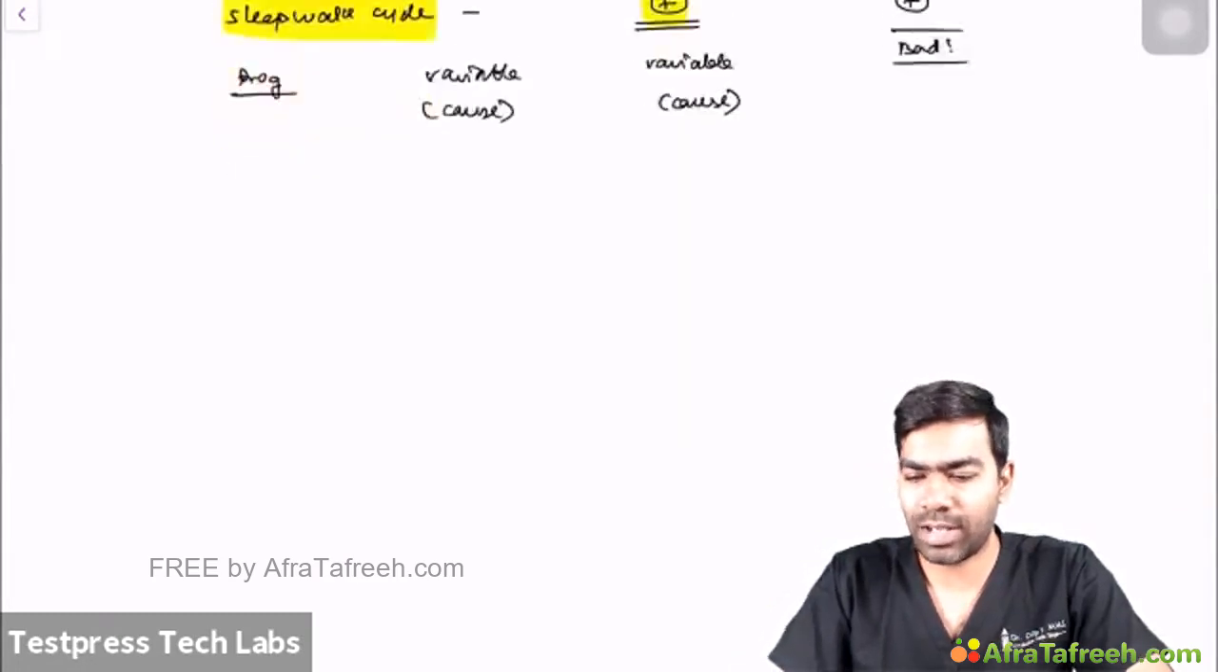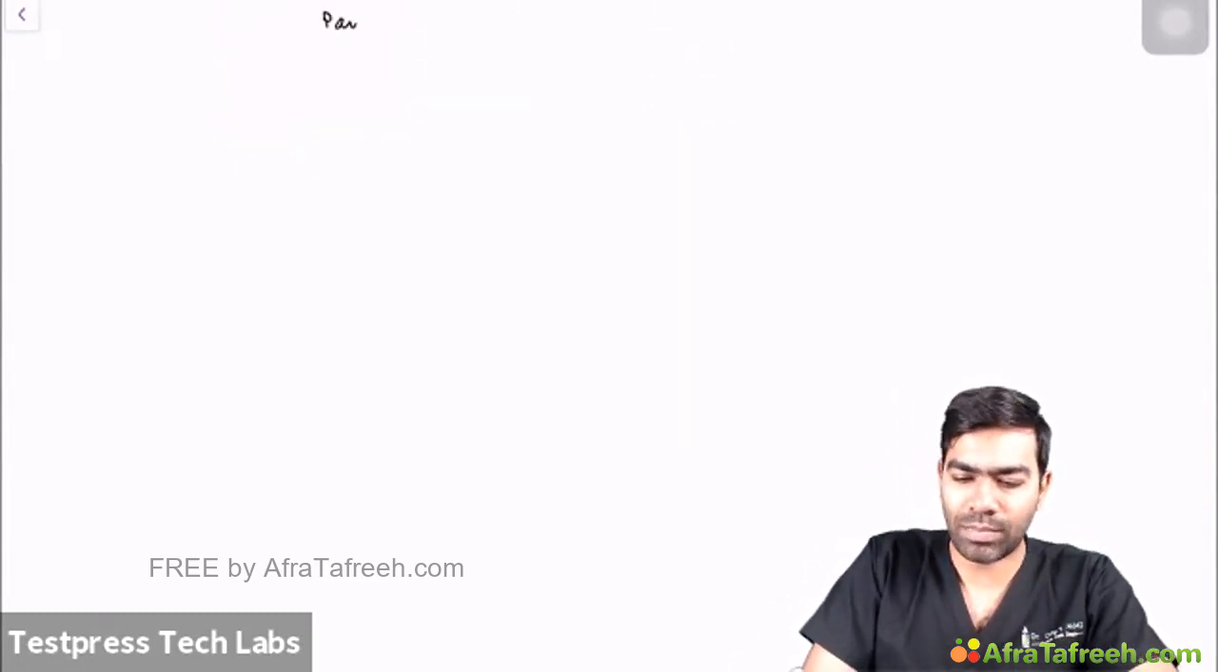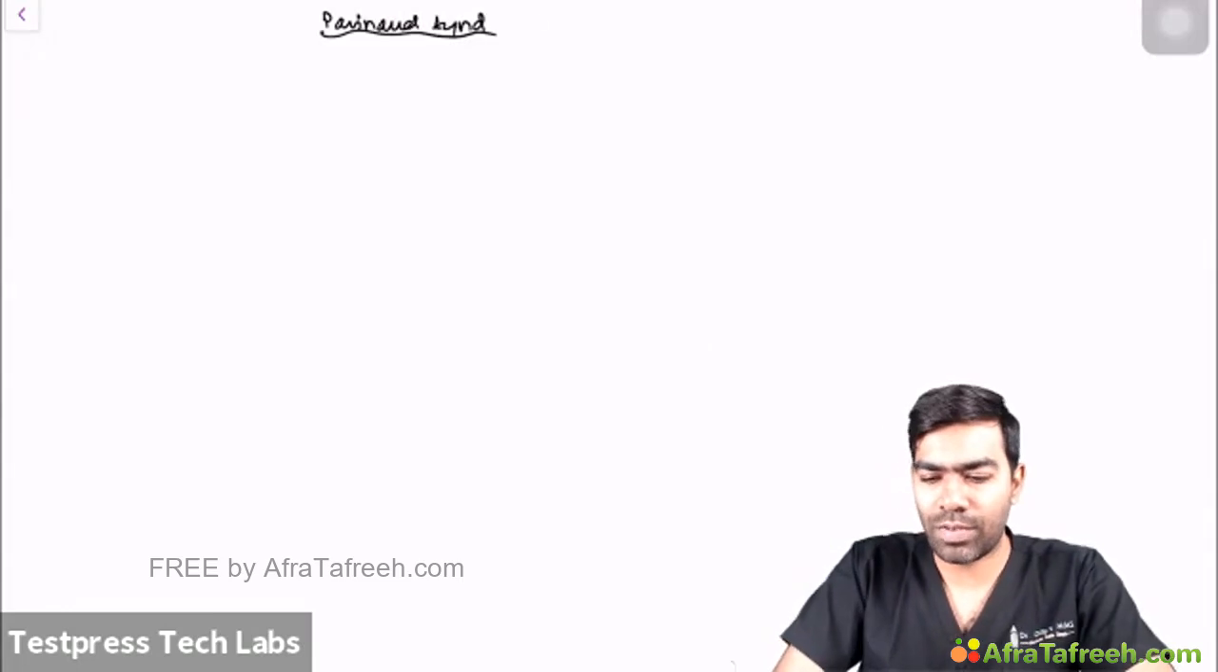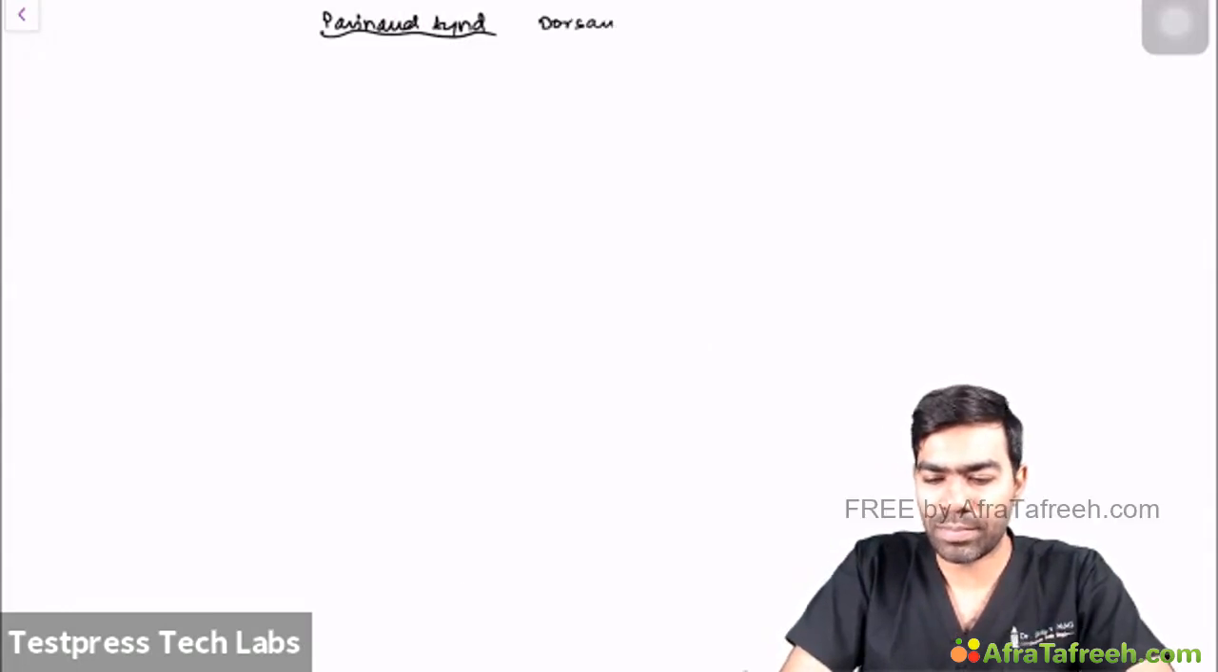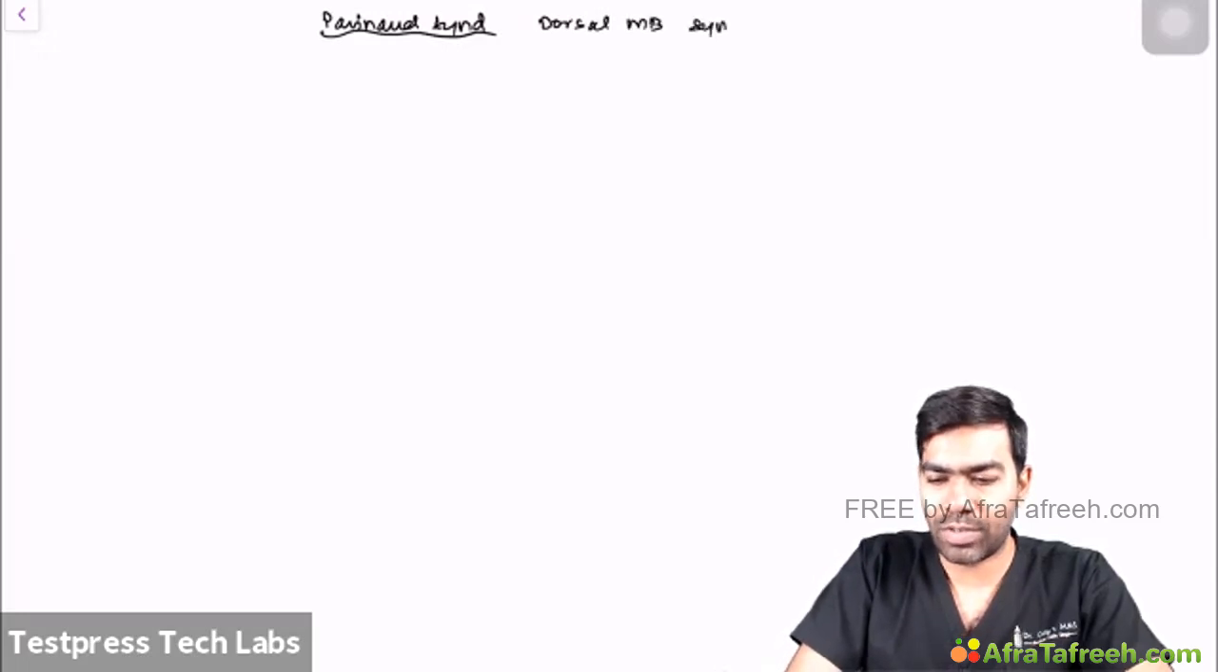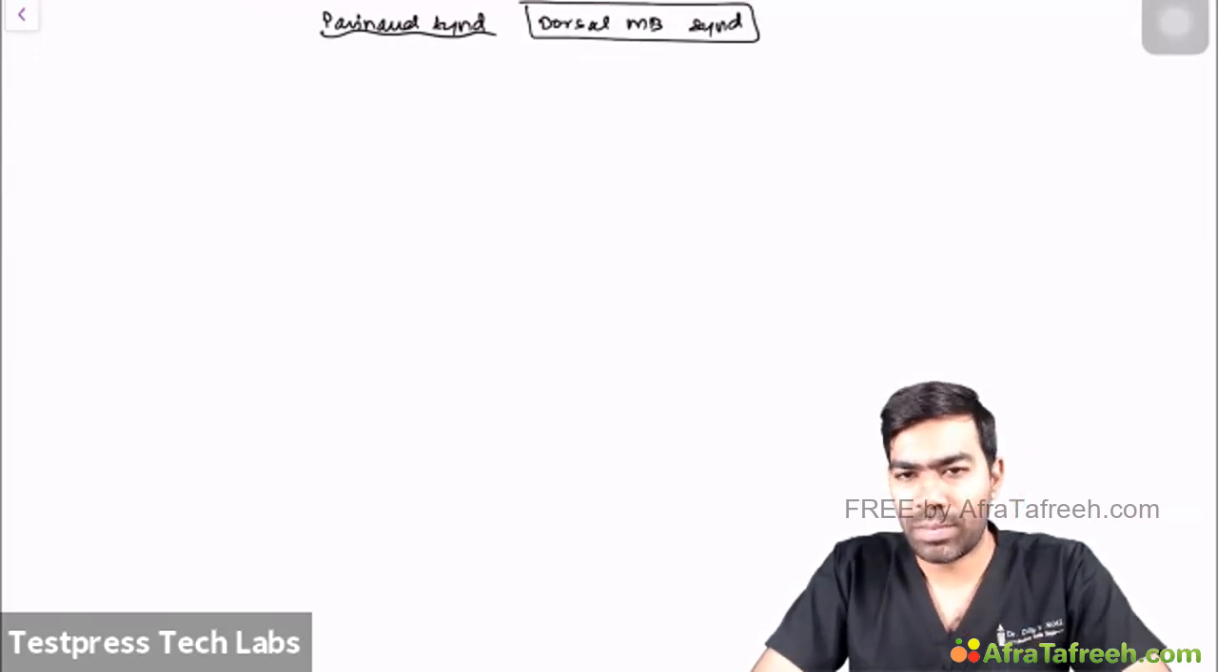And finally, we have something called Parinaud syndrome. This is the final syndrome that we need to know. Some questions are there on Parinaud syndrome. This is also referred to as dorsal midbrain syndrome. As far as dorsal midbrain syndrome is concerned, the dorsal part of the midbrain, which is important for